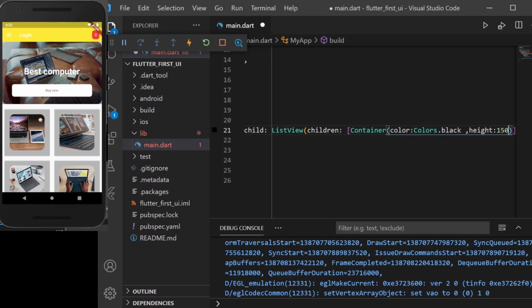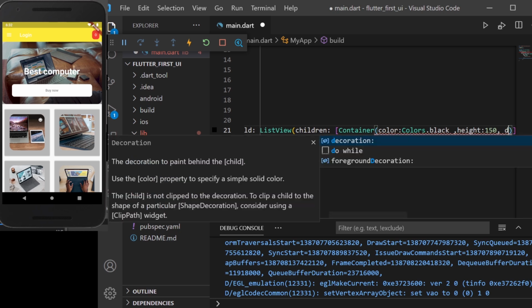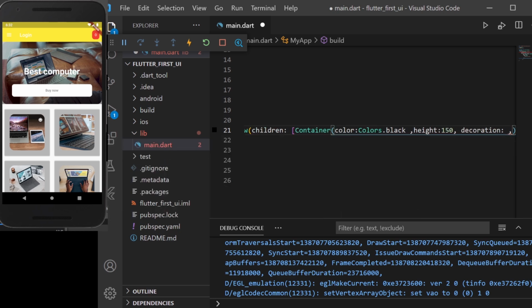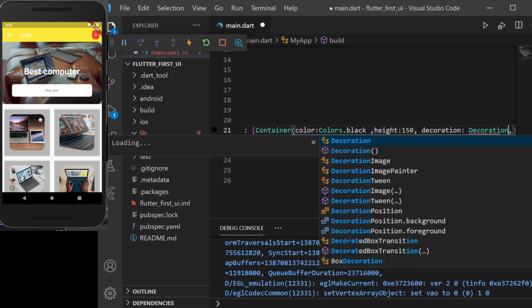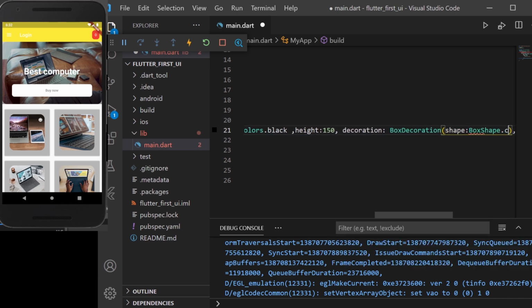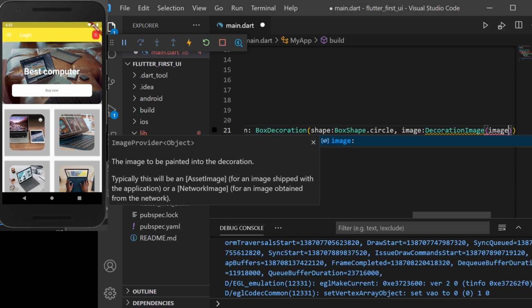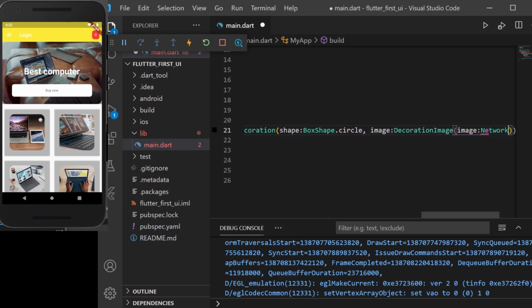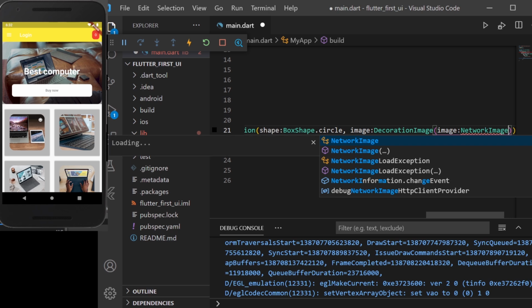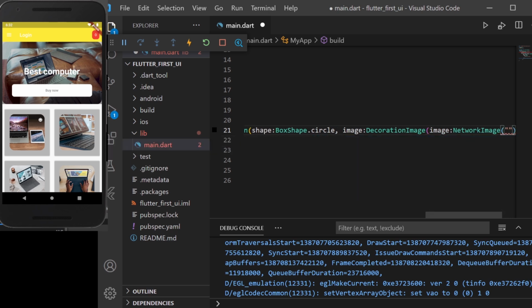And now let's move forward with editing the container, adding some decoration to it. Inside the decoration I'll provide a shape as circle, and I'll provide an image to it. I'll add a network image, and inside it I have to pass a link.